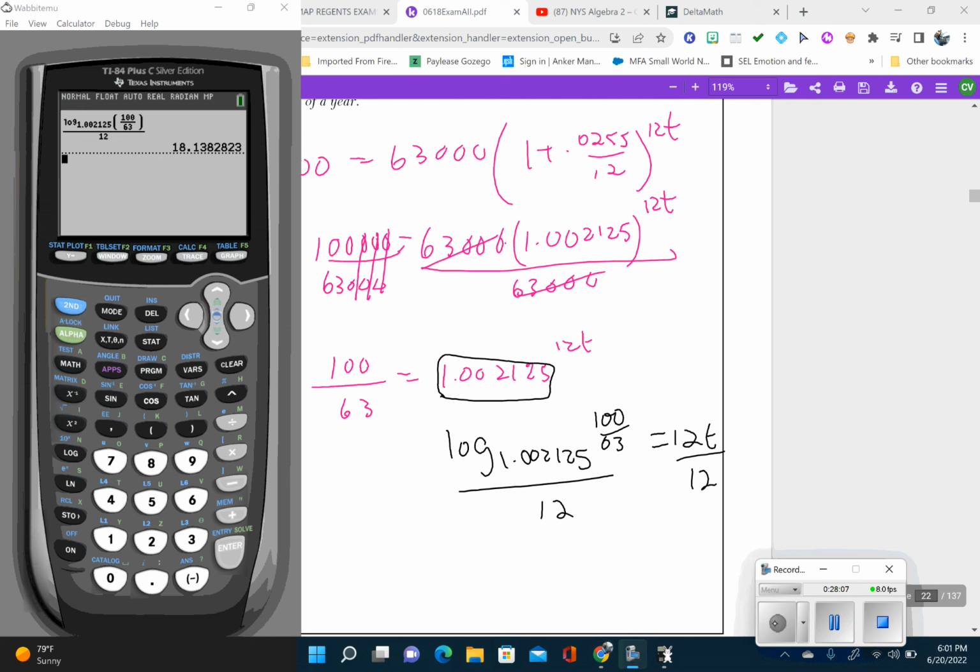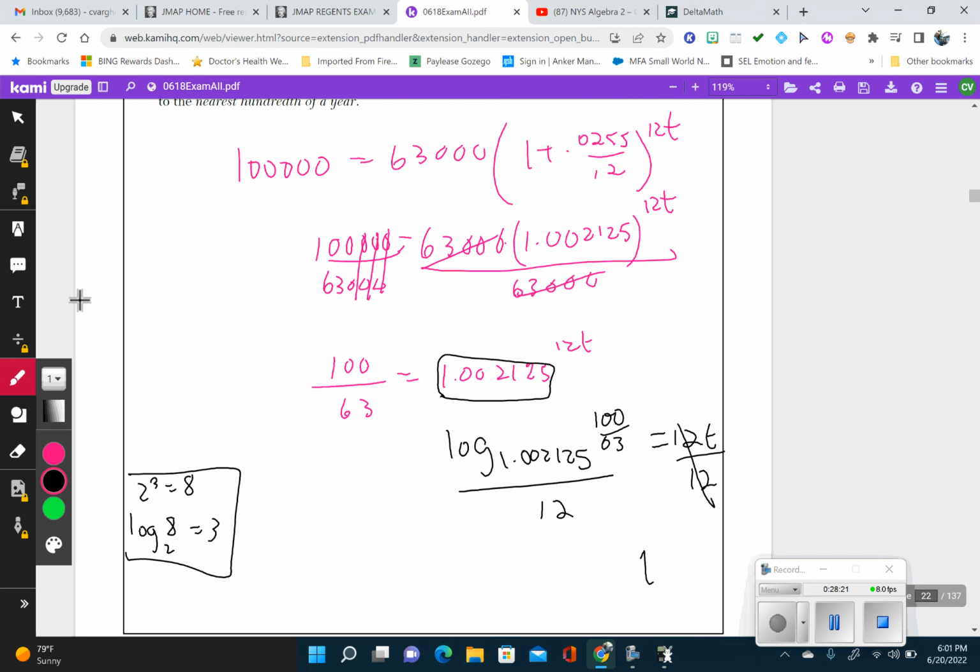Okay, so just to refresh your memory, to get the log base, you hit math, go down to log base right here. And you just plug the whole thing. Everything that you have here, you just plug it into the calculator, right? So this canceled out, and you'll have t is equal to, if I look at my calculator,